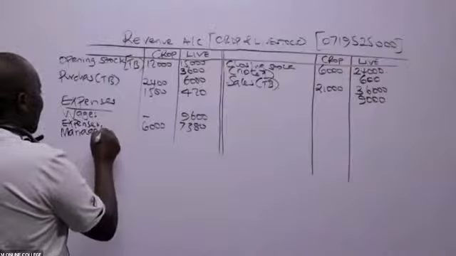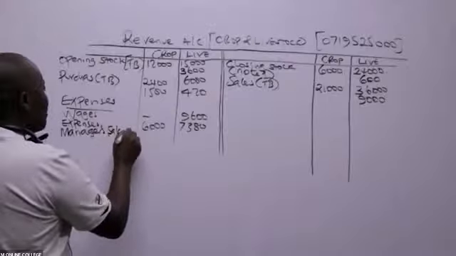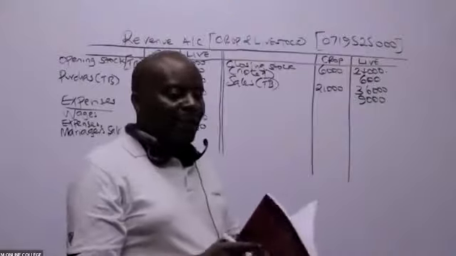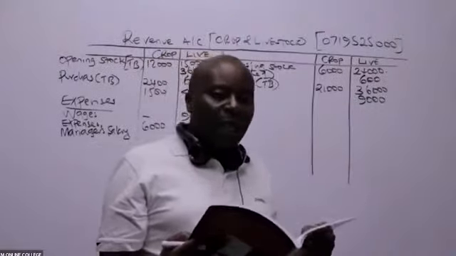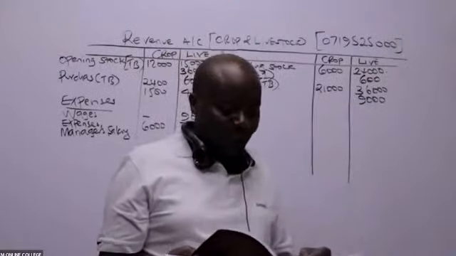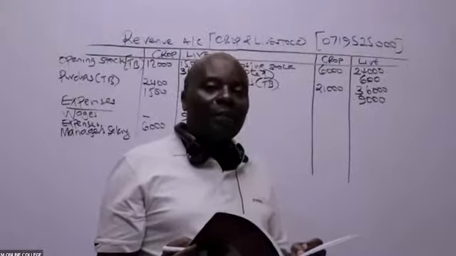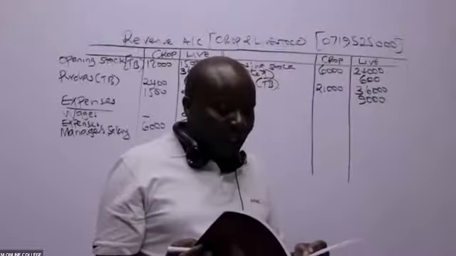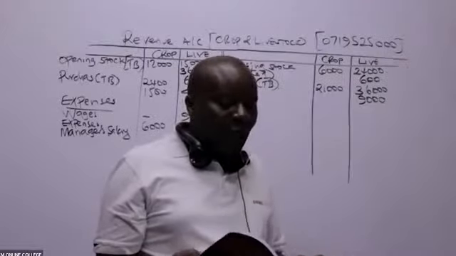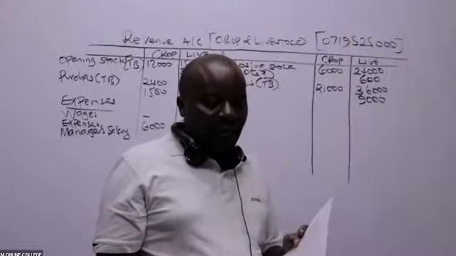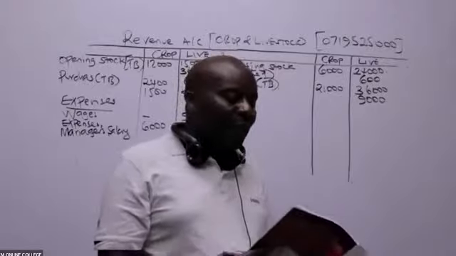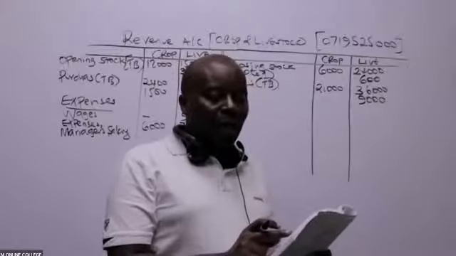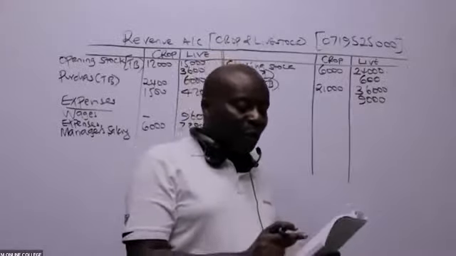Manager's salary. The way it is, you may think, hey, Mwalimu, but that is a common post, because they are in the TB and have not divided it. In the TB, it is simply given as manager's salary, and I can see a figure of 3,600. And as the question is telling us, look at note 2: manager's salary is charged to livestock and the crop revenue accounts in the ratio of 1:3.